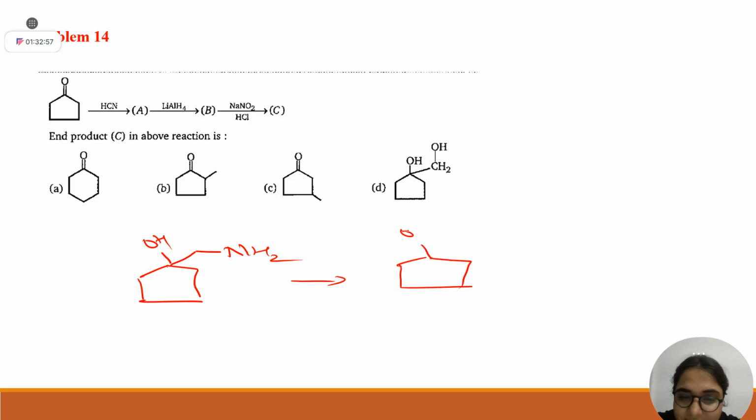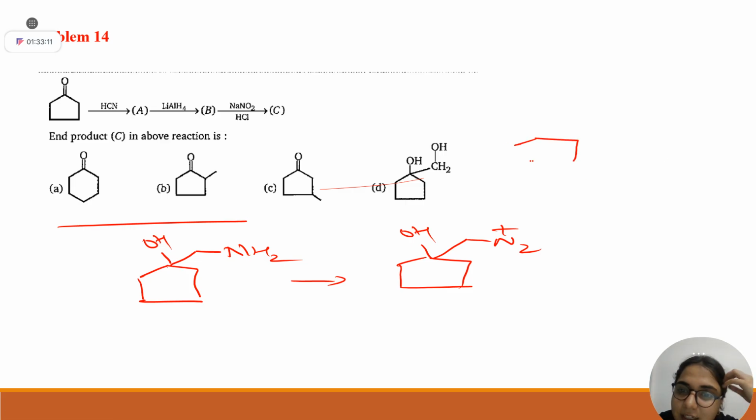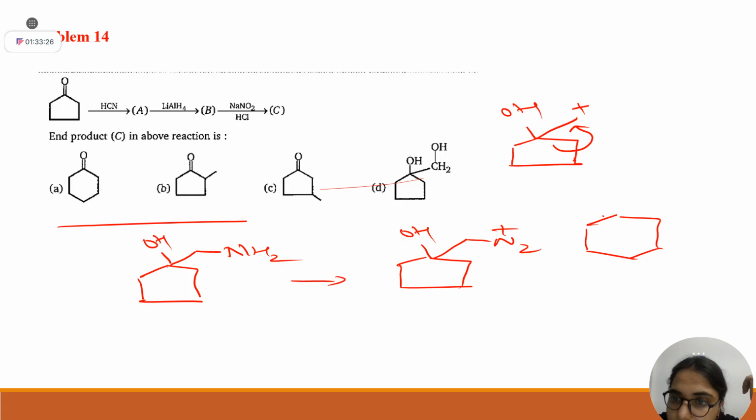Ma'am, the diazonium salt will form. Exactly. And then the Tiffeneau-Demjanov rearrangement will undergo. Exactly, you can do it, right? Which is the correct option then? Option A. But let me write it for others who are not understanding: here the N2 is positive, this bond will break, giving a 6-membered ring with OH, and this is your option A. Clear, everyone? Ring expansion will take place.